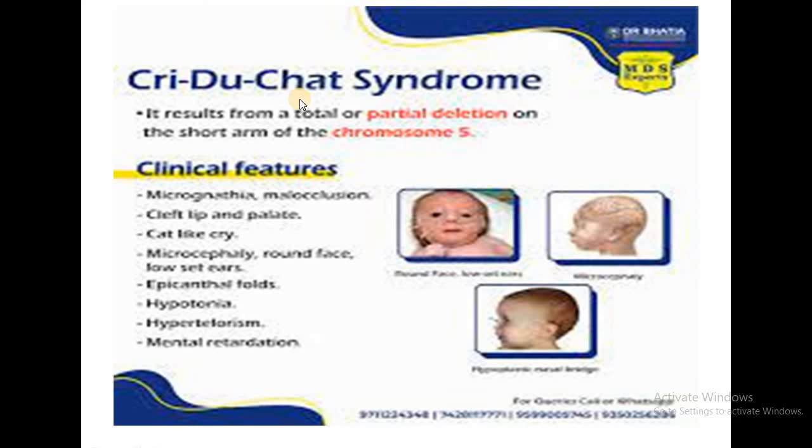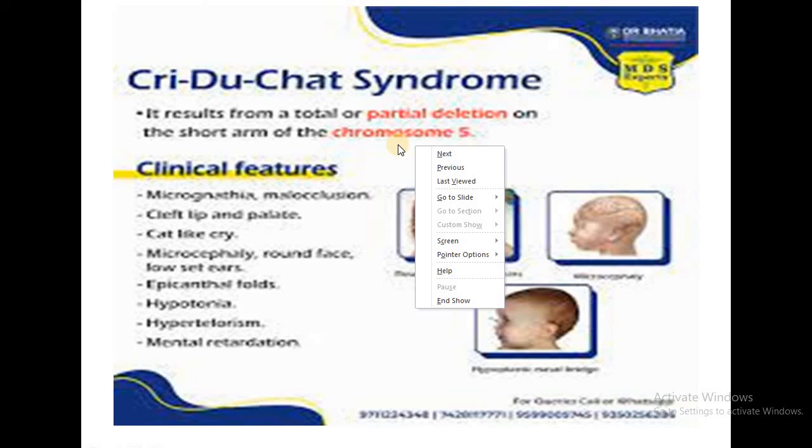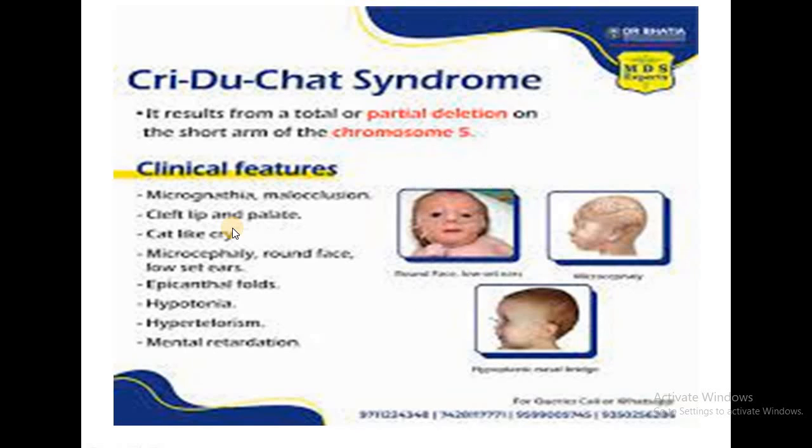You can see the cri-du-chat. Why the name cri-du-chat? Because the child will cry like a cat, so it is called cri-du-chat syndrome. It results from total or partial deletion on the short arm of chromosome number 5. You can see there is microcephaly or small head, cleft lip, and they cry like a cat,